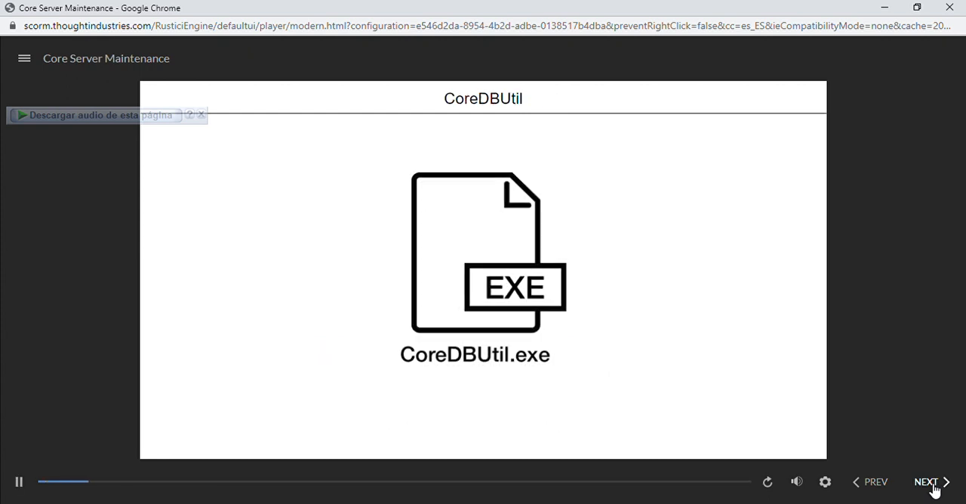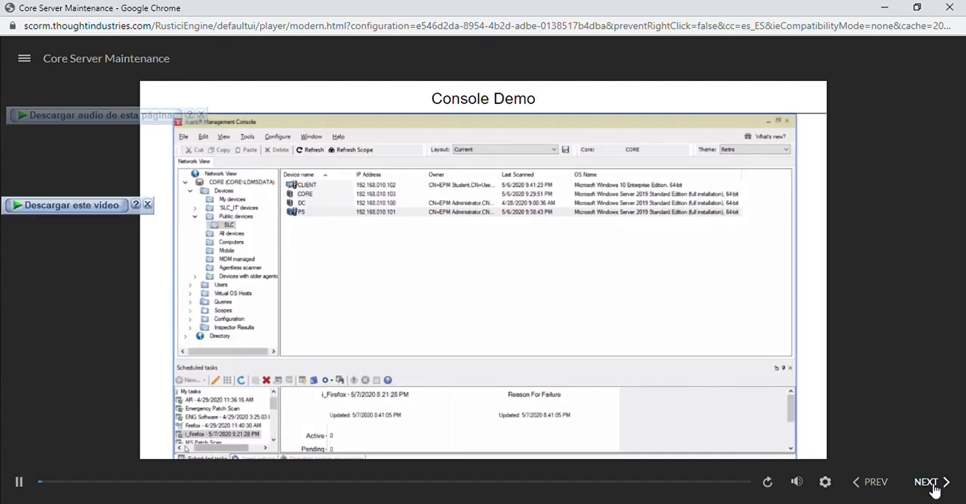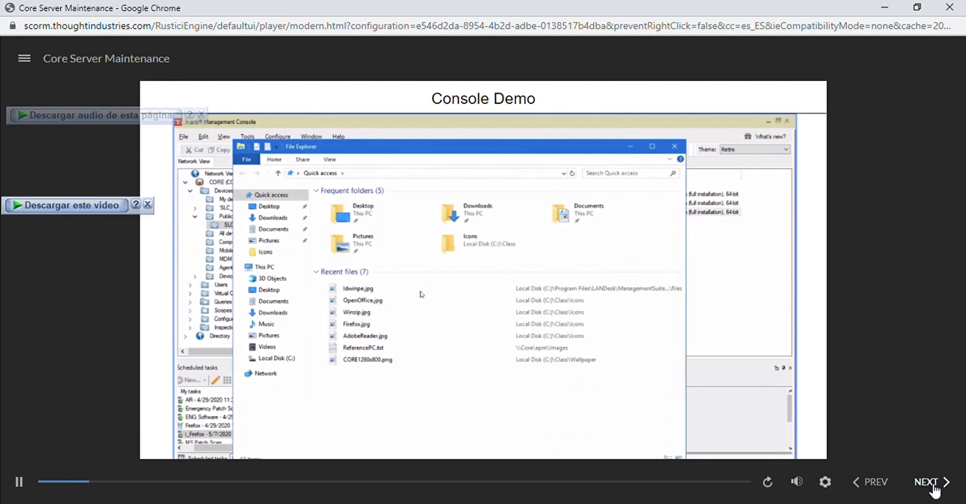Now, on top of that, we also have our CoreDB util executable that exists on the core server. This executable, first off, is used to actually build out the database. It's used to actually build all of the tables and fields and all of the security that we have there within the database. Now, if I jump over here to my core server, I can drill down into Windows Explorer,